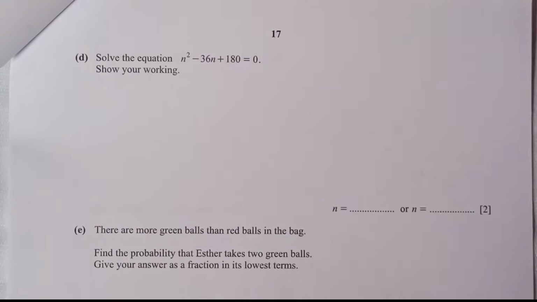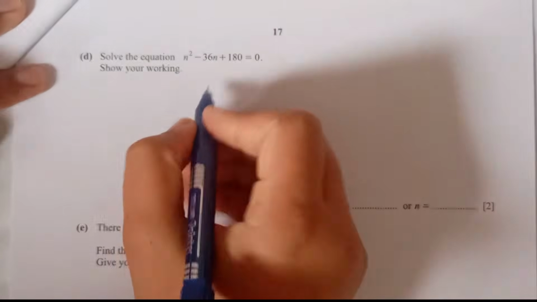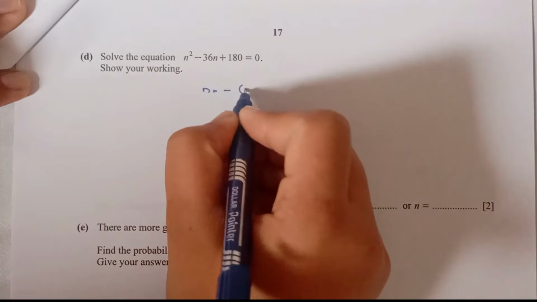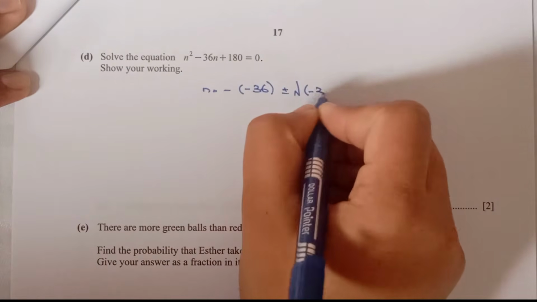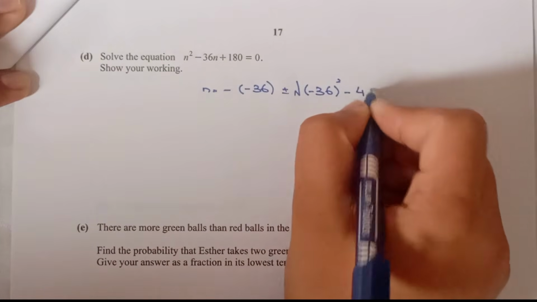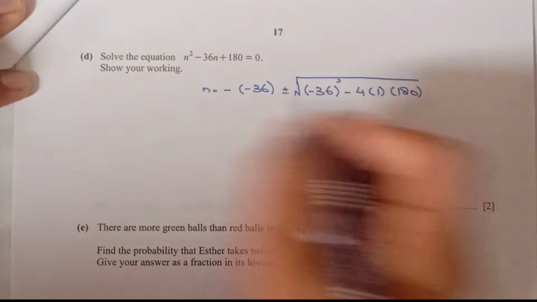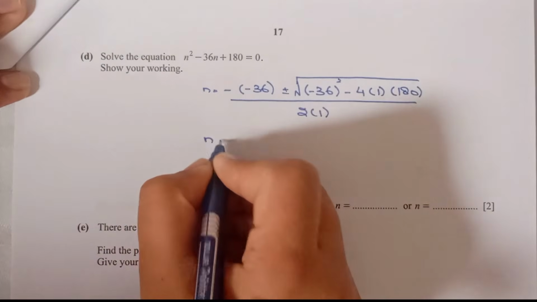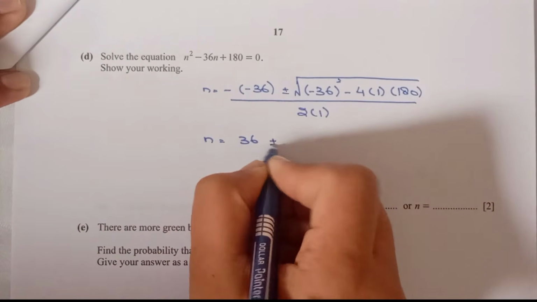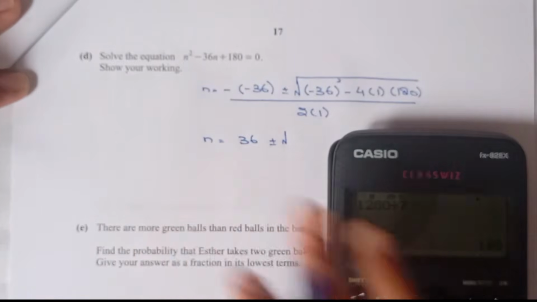Now for part D, solve the equation, show your work. Okay, so we can solve it by using the quadratic formula. So we can say n would be equal to negative b plus or minus square root of b square minus 4ac, divided by 2a, 2 times 1. So n would be equal to 36 plus or minus square root. So negative negative would be positive 36. 36 square